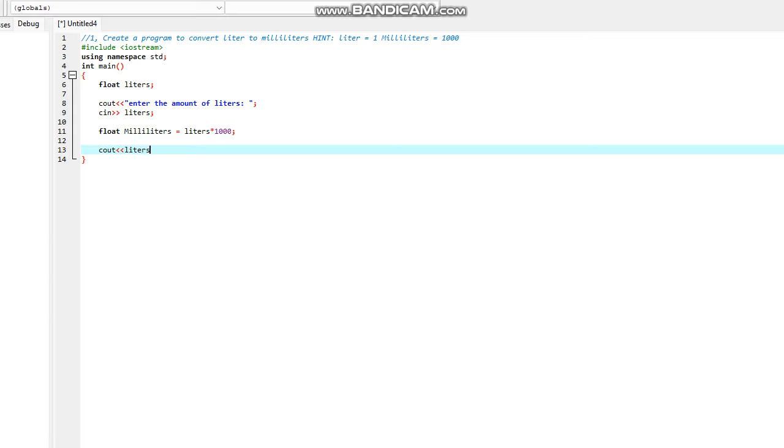So the converter, left shift, then the output: "liters is equal to ", then left shift, then milliliters, left shift again, then the string "milliliters".